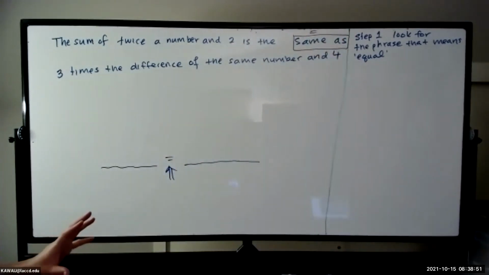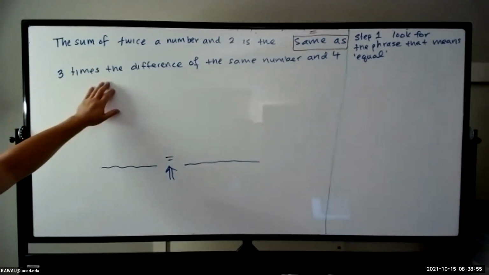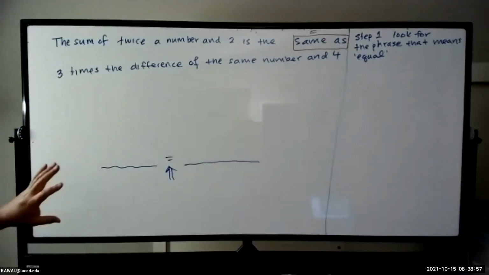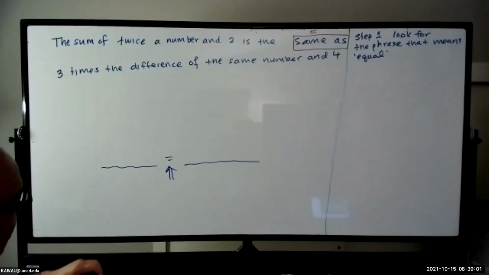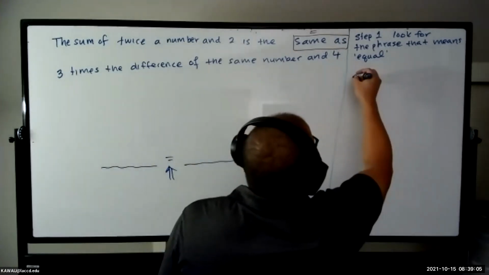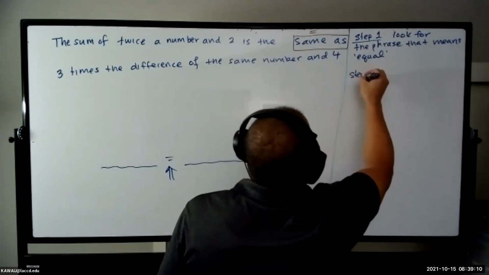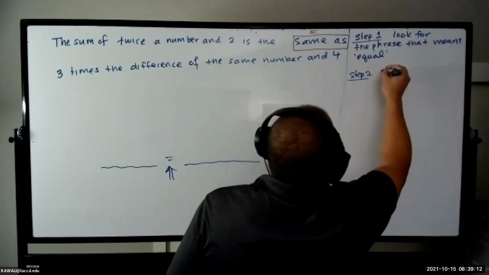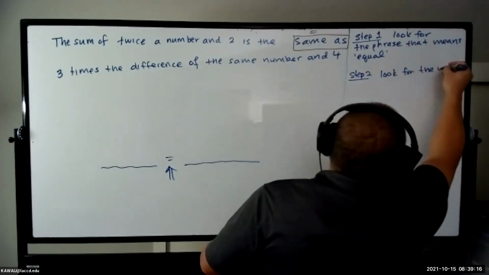So now we've divided this problem into 2 pieces. This piece here and this piece there. Okay. So now let's work on each part separately. Okay. Step 2. Step 1. Step 2. Look for the words